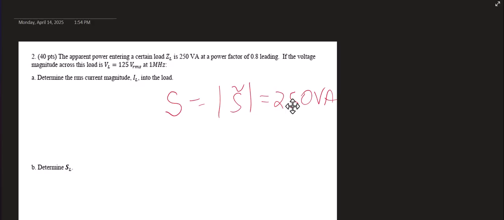Now I know everything, because this is 250, and the cosine of this angle is 0.8. So the cosine of theta is 0.8. The cosine of theta is also P over 250. P over 250 equals 0.8, or P equals